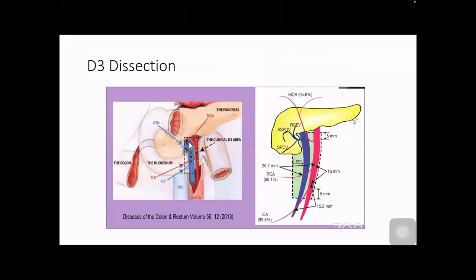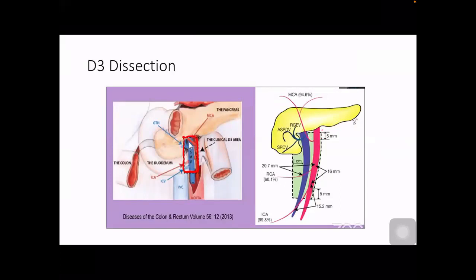That is, you have to go to the root of SMA and SMV, and once you do a lymph node dissection, this boundary formed by this rectangle should be clearly dissected of the lymphatic tissue. At the end of the lymph node dissection, you should be able to see the left lateral border of the SMA, which is coming from the inferior border of the pancreas, plus the dissection should go 5 mm above the origin of the middle colic and 5 mm below the origin of the ileocolic,